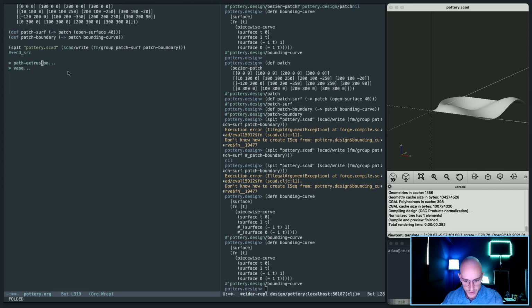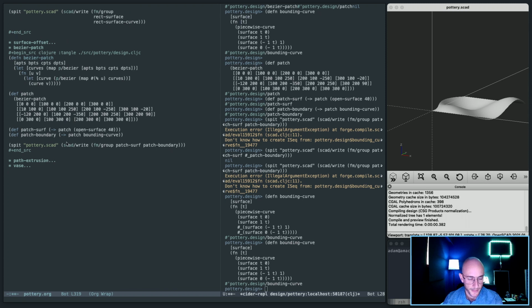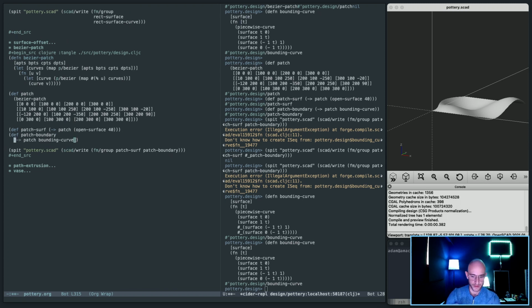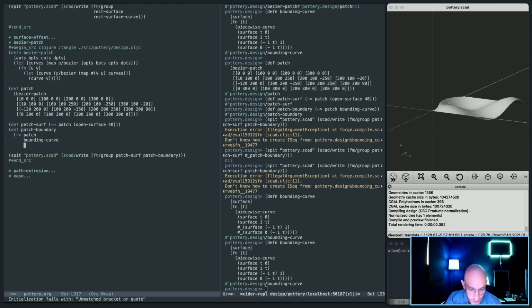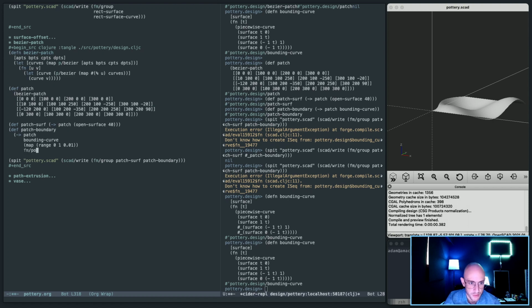Okay, path extrusion. Right, so this patch boundary, I can't render that yet because I have to run the patch through the bounding curve, and then that function I have to run through map range 0 to 1, 0.01, and then fm/polygon that, and that should hopefully